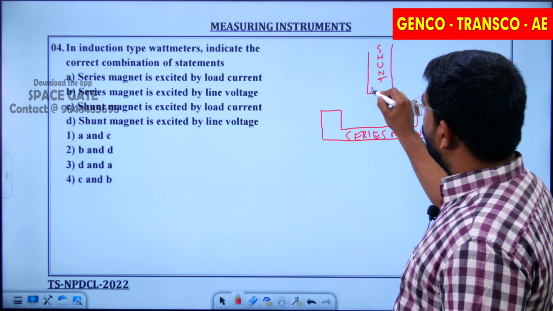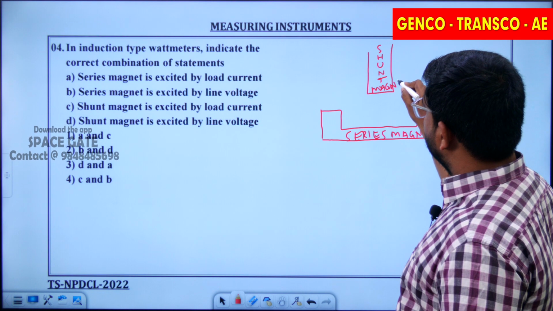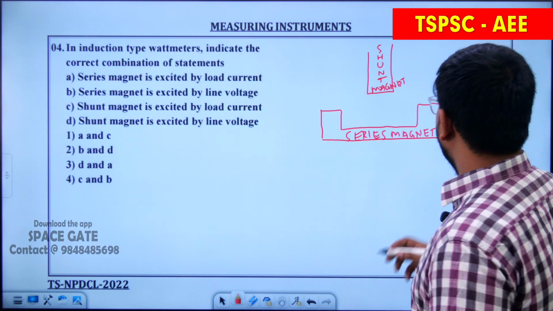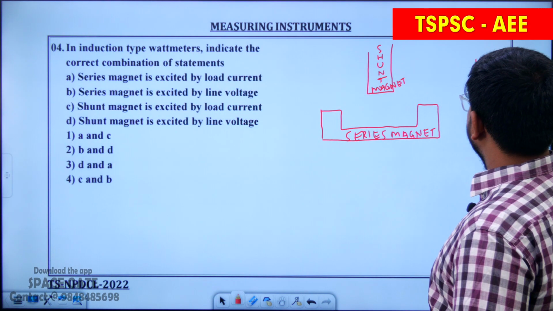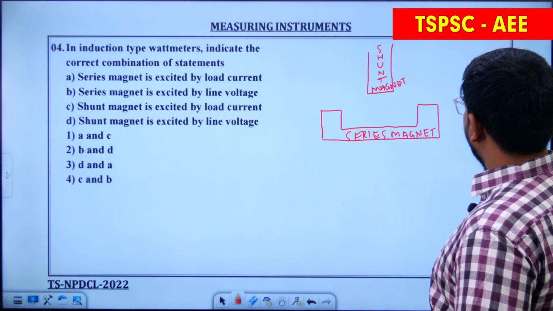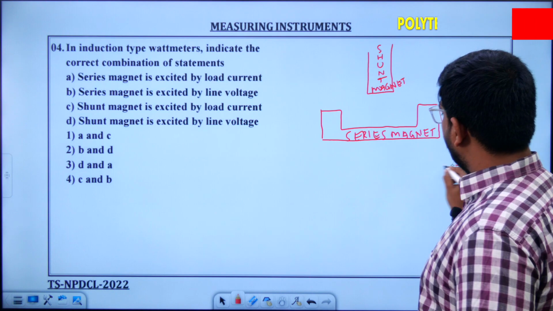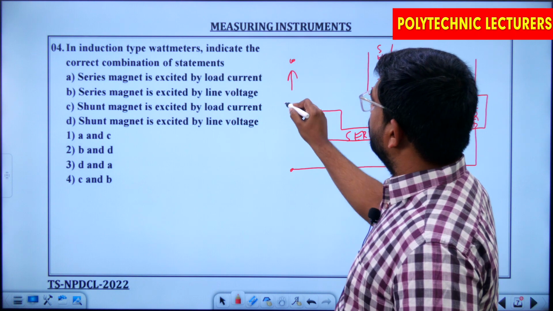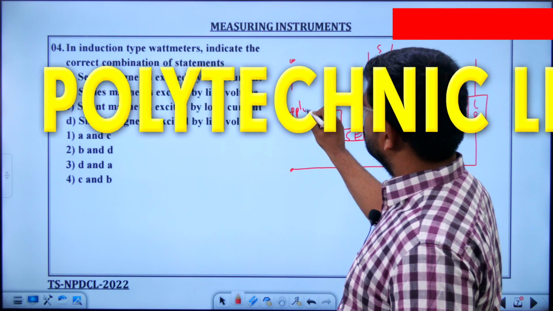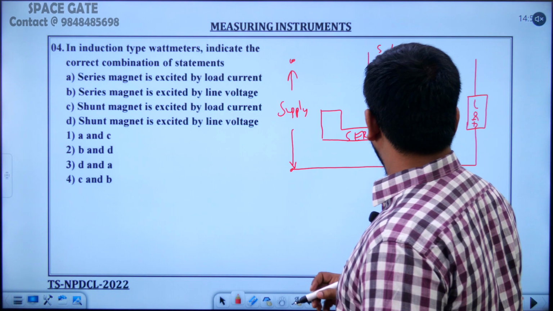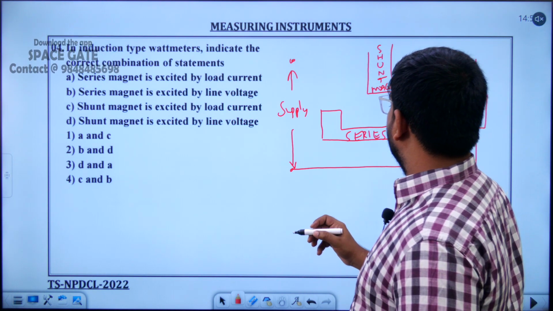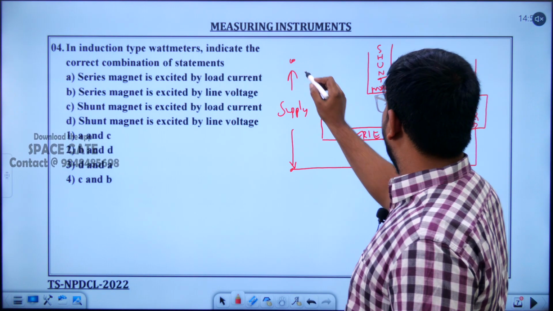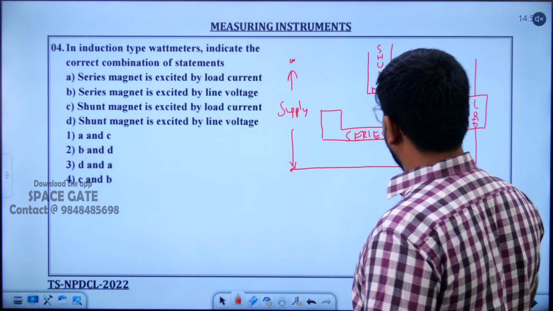Whether it is a wattmeter or an energy meter, the construction is similar, okay. So what is the purpose here? Load will be there. Definitely if you measure the power or even energy, load power only we are measuring, right or not? And here the supply will be there. Generally, how will we have the connection?